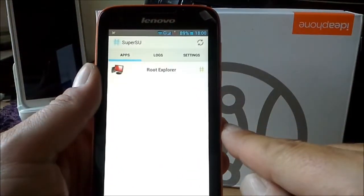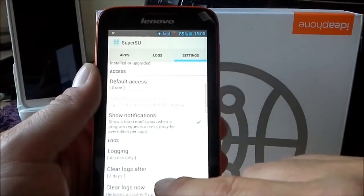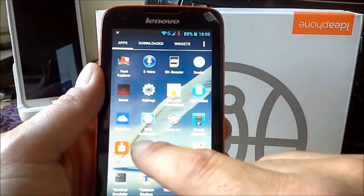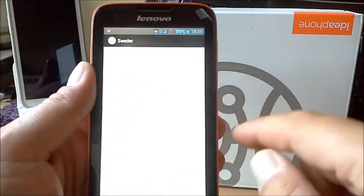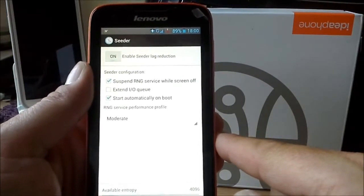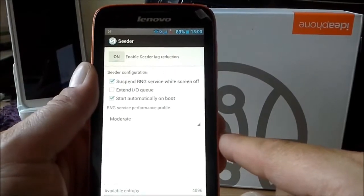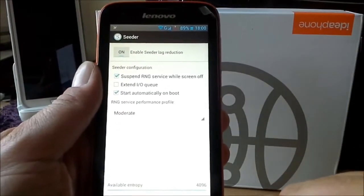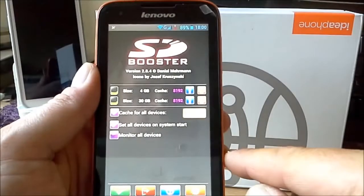Super SU is installed here now. We have the settings, you see it. It's chain for us, very good application now running here. I got some specials here, something like called Cedar. This is especially for the Samsung phones. It's reducing lags and so on, and your phone must be rooted with it. That's very important. We have SD boosters, a very cool app